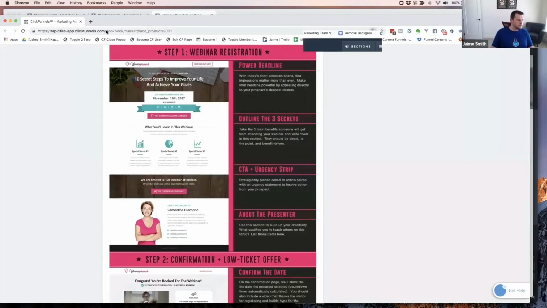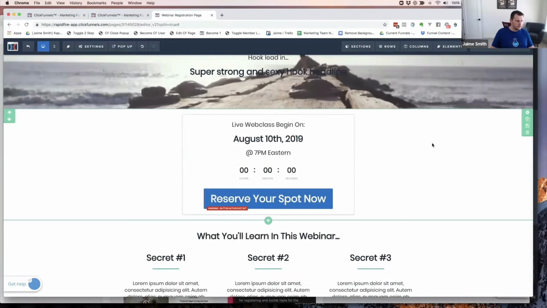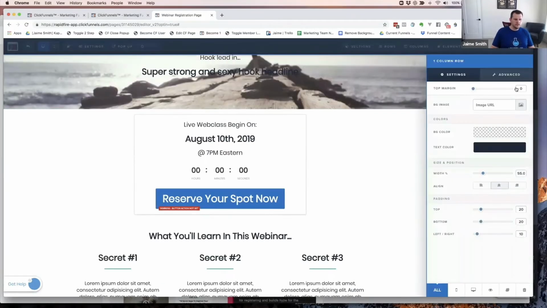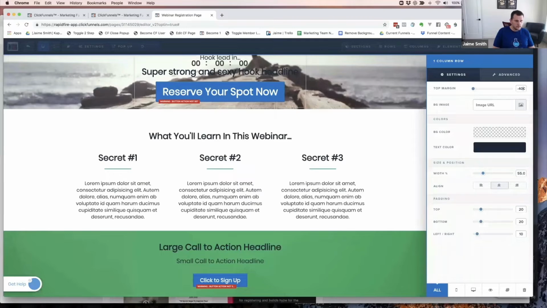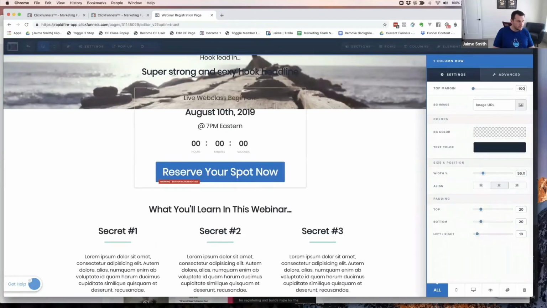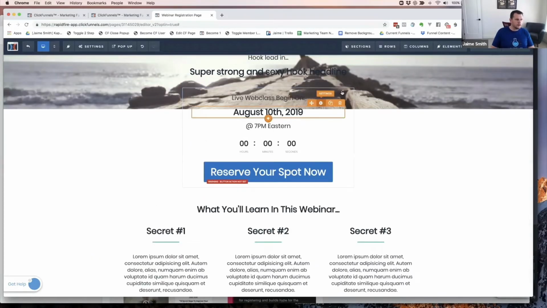And so I kind of like this. It looks pretty good. Looks pretty similar. And so now the next thing we need is for this row to suck up onto this. It's been a little while since I've done this. So if we do, let's say -40. Oh, that went to -400. We don't want quite that much. No, we want about -100. Yeah, there we go. And we want our row to have a background color,